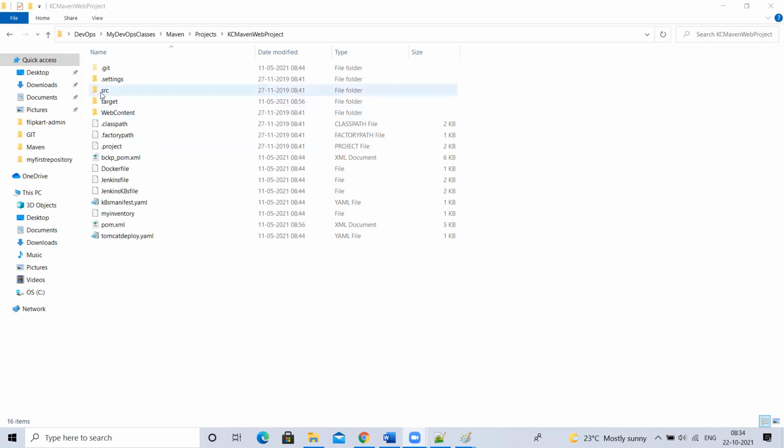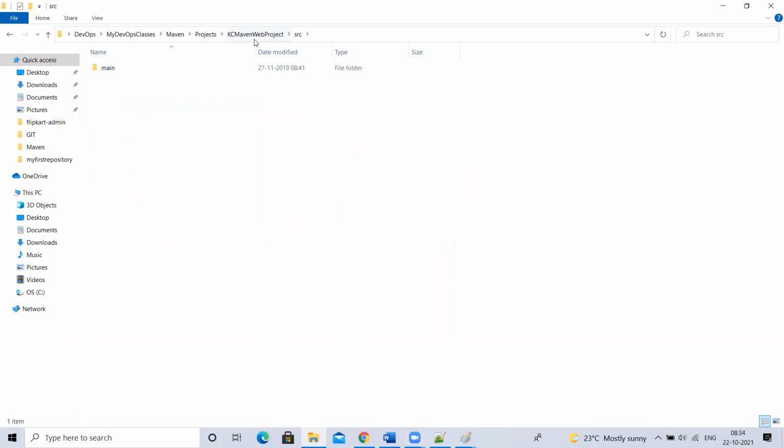The UI code will have separate technologies, right? For UI screens we use different ones. That UI screen will interact with the Java code which is running on the server, right? And again that Java backend code will interact with the database using some queries, right? So all the code we are writing here. Inside this SRC, in the Java web project, there is something called main, right? What does this main indicate?